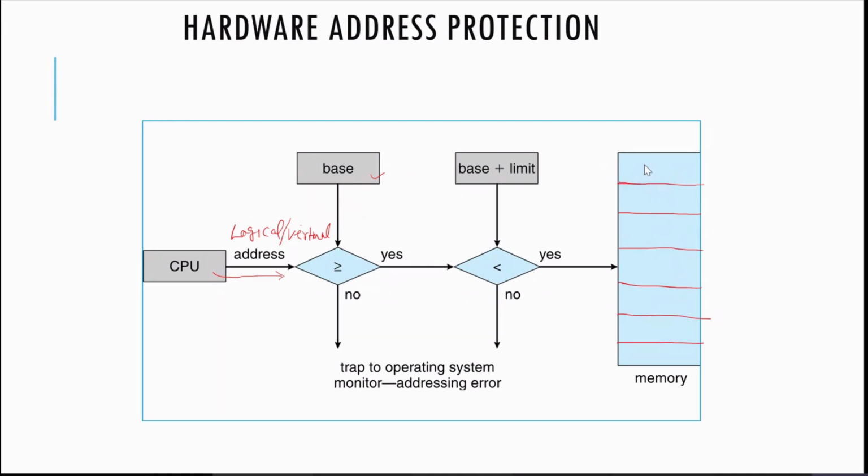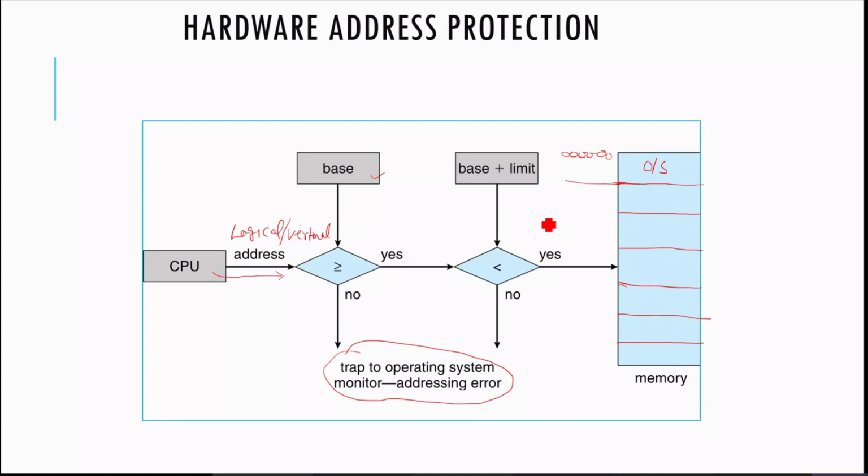The upper part that we call here is the low memory space. Here we generally keep the operating system or system programs. The rest of the part from here we use for the user programs. Now, if the address is lesser than that base register's address, then what will happen? This will generate an error. It will not allow it to go.